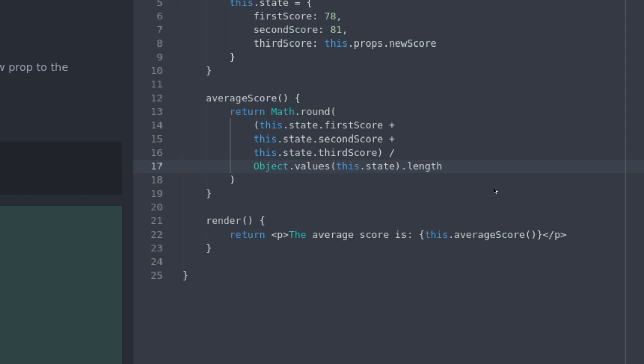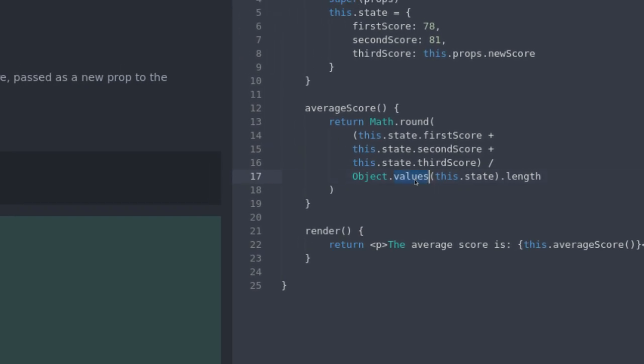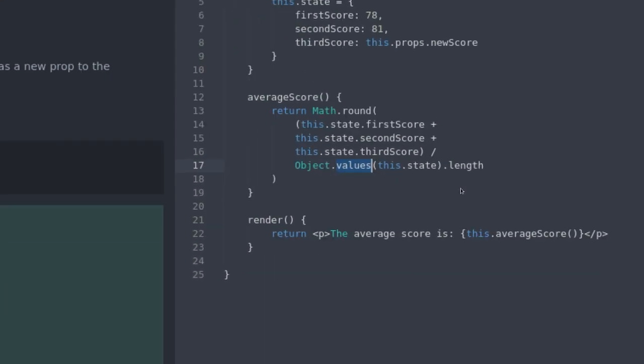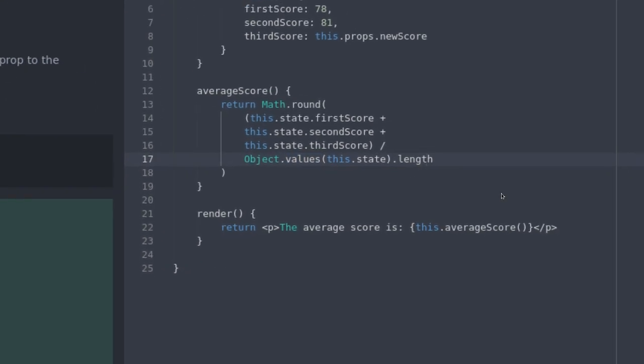So Object.values returns an array, which is why I use that, to get an array of just the values, and then say how many values there are. That's all that's done. I'm not saying it's the only way to do it, I'm just saying it works in this case. So I understand why you were using the .length,